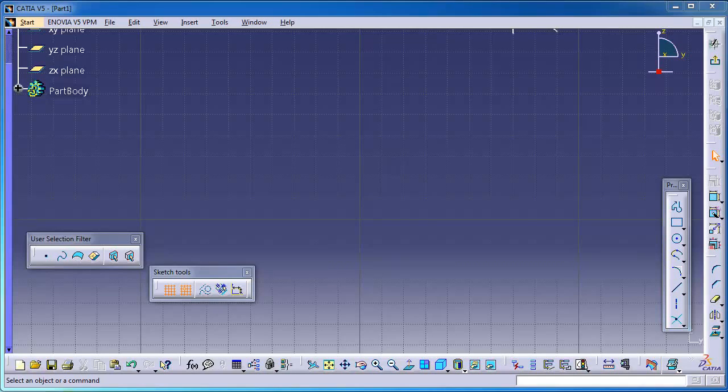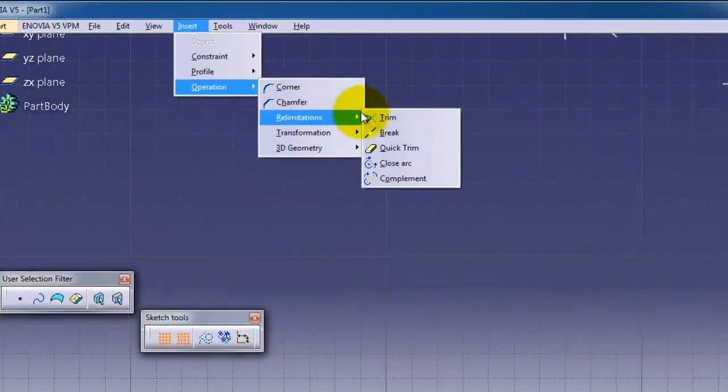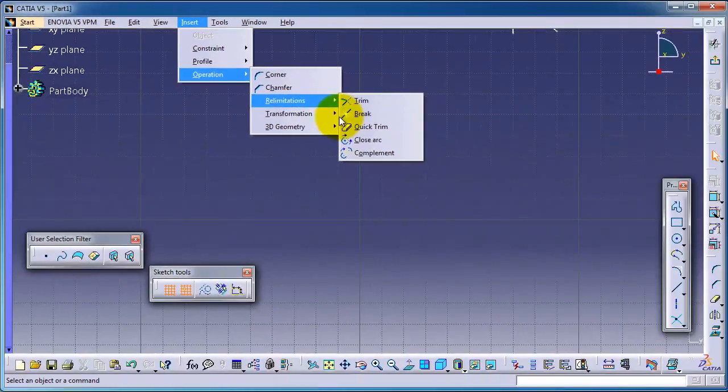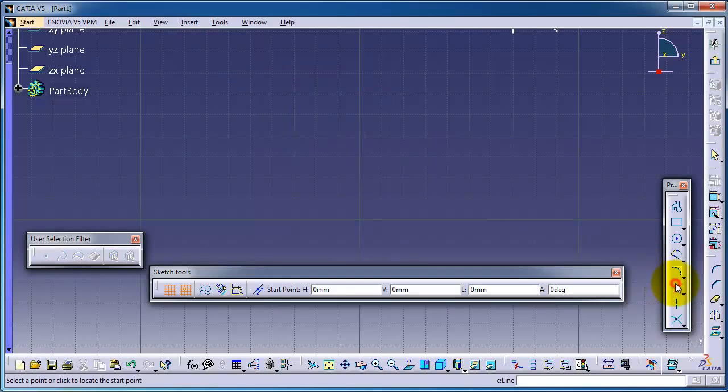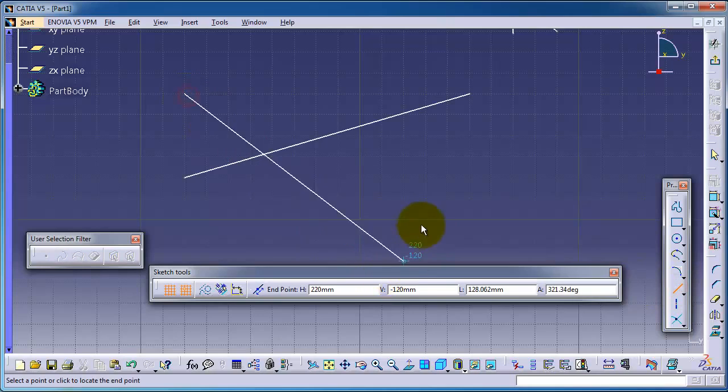This is tutorial 16. We're going to continue talking about the operation menu, relimitation, break. To understand the use of break, you can easily imagine breaking something. So it is breaking a line or edges or whatever. So let's draw some lines